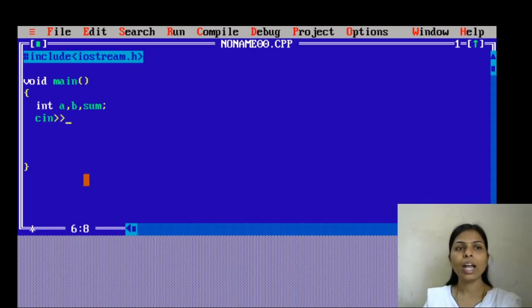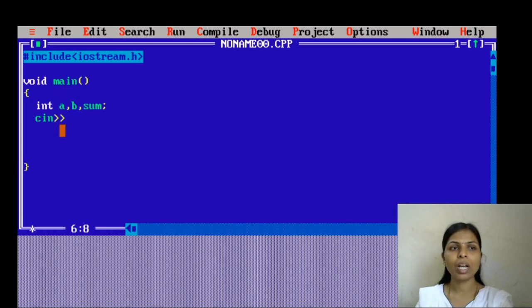So here I have written this symbol, the extraction operator, and first I have to take the value of A. Then the next value I have to take, I will write cin extraction operator again, and next one is B. It means we have taken two different values through the keyboard.